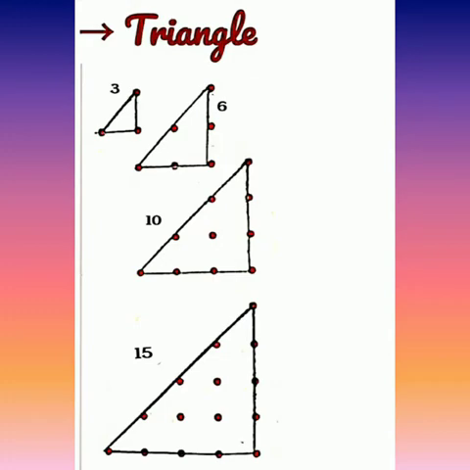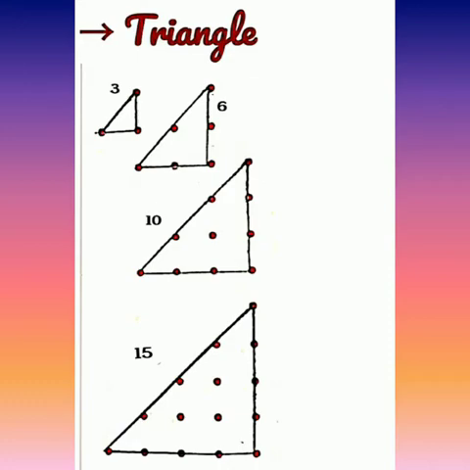Now again increase 1 dot in the bottom row. So we will get 4 dots in the bottom row and try to complete the triangle. So at the top row you will get 1 dot. Try it in your books also. So now count the dots. How many dots are there? 10 dots. So 3, 6, 10 and then 15. Now after 15, you will get 21, 28. These numbers we can arrange as triangles.